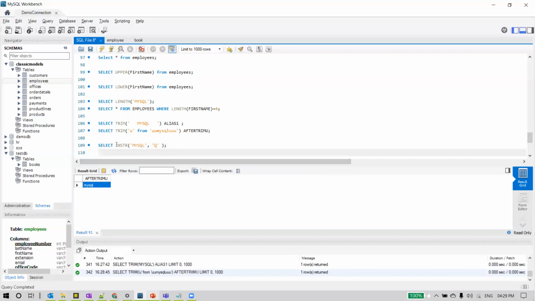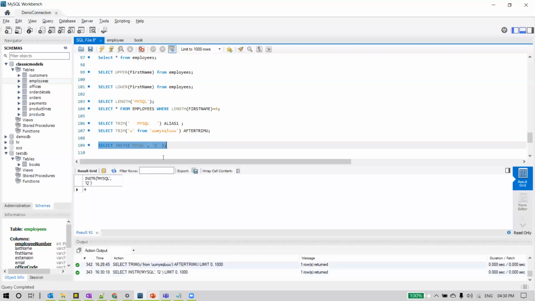This is how we can use the instr function to find the position of a particular character in a string. This is the string we need to provide, and the second parameter is the character you want to know the position for. Let me execute this, and you can see it here. If you want, you can specify an alias here.